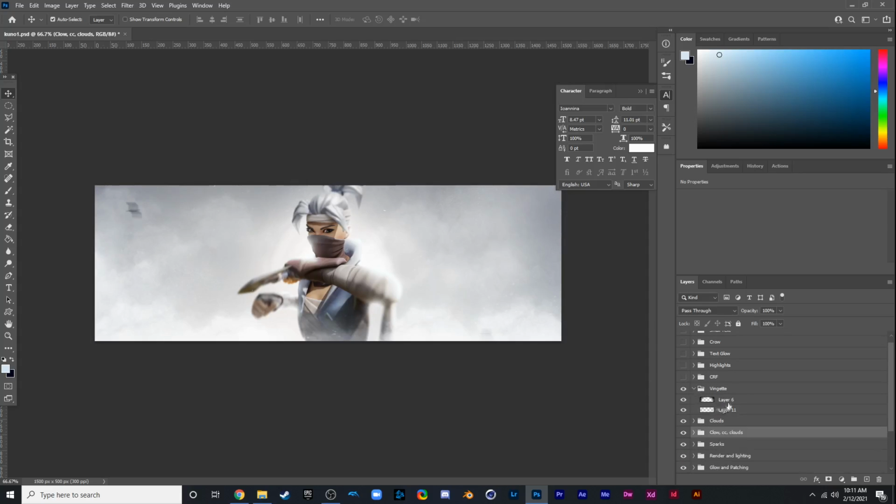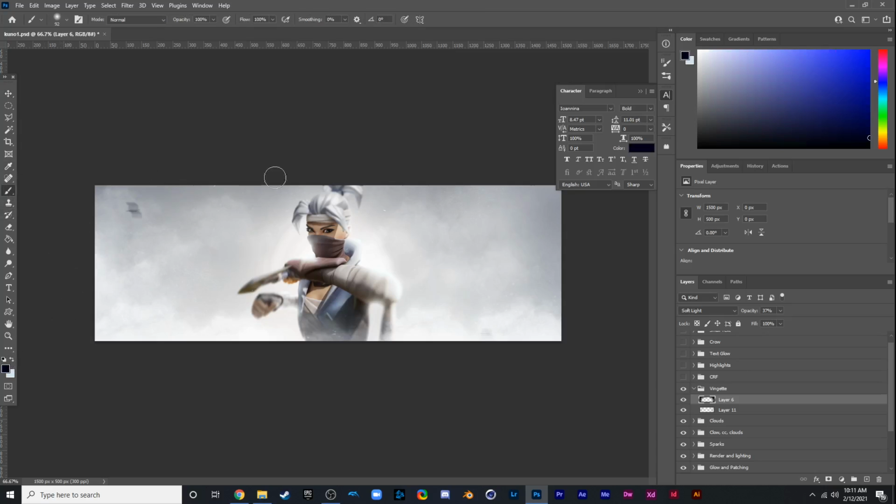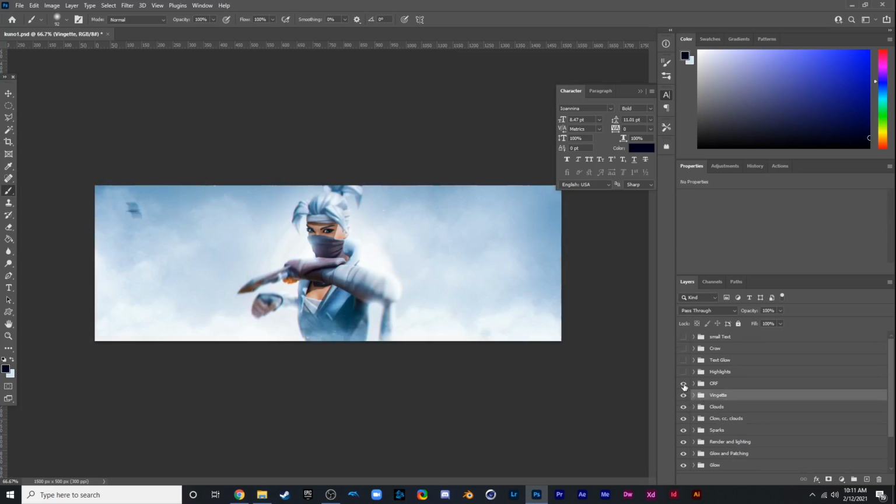Alright, as you can see right here, I did a nice little vignette, and then after that, I just saved it as an image, and then I camera raw filtered it. I don't know my exact settings because OBS wasn't recording, but of course the PSD will be in the description, and a lot of it was just pumping up a lot of the colors, the vibrance a lot. I made a lot of the grays very blue, some texture was good,